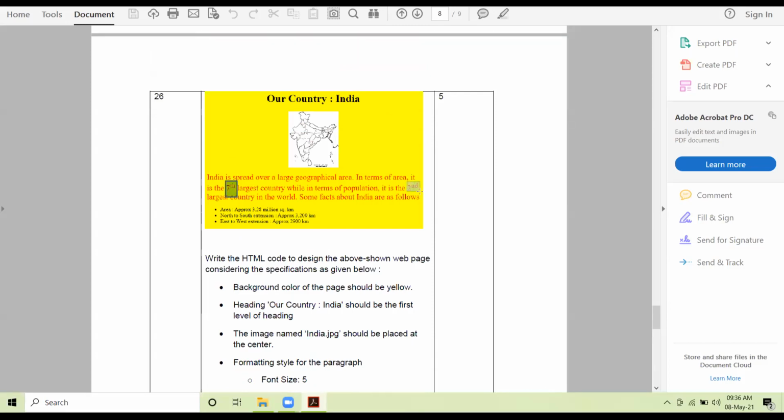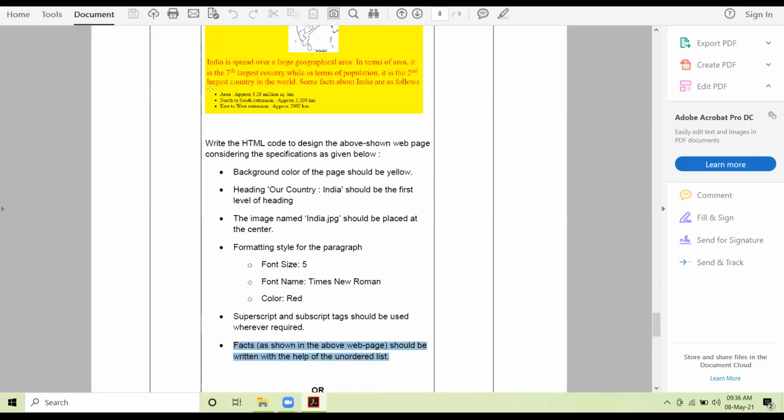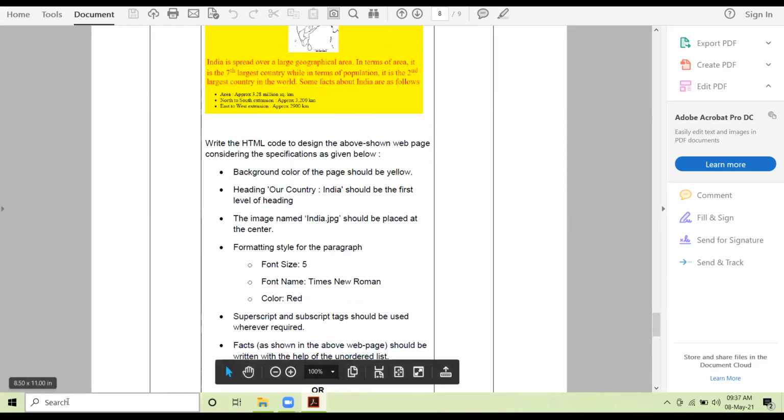Twice we have to use the superscript. Facts as shown in the above page should be written with the help of an unordered list. These are the facts. Okay, so let us start the web page.